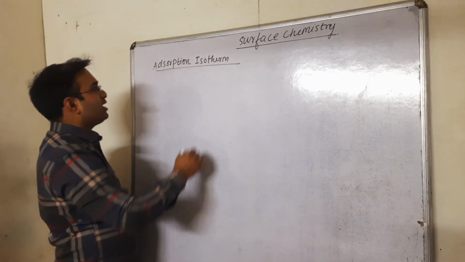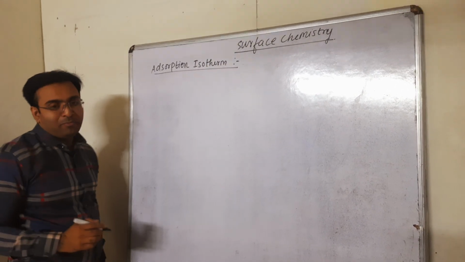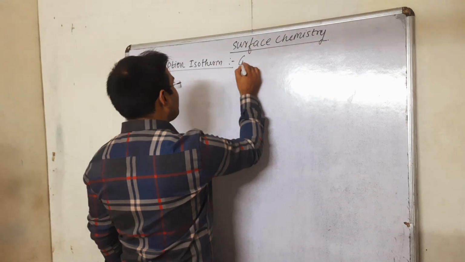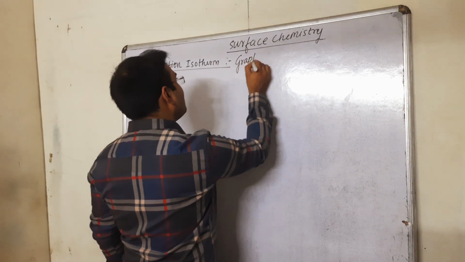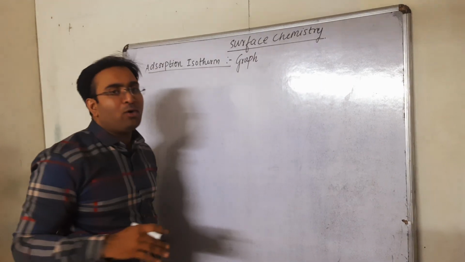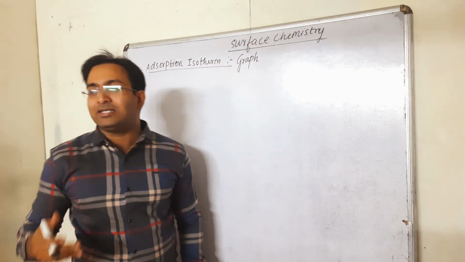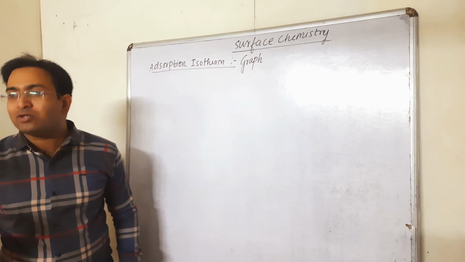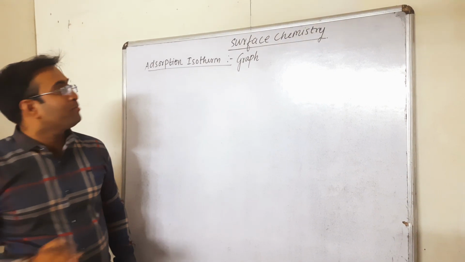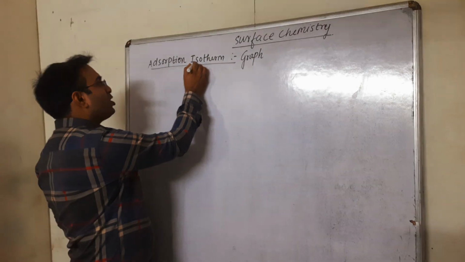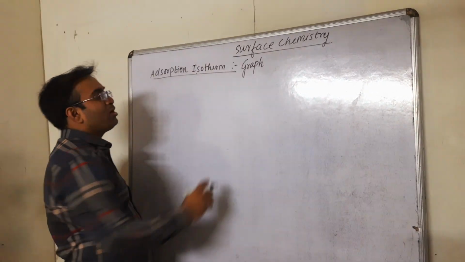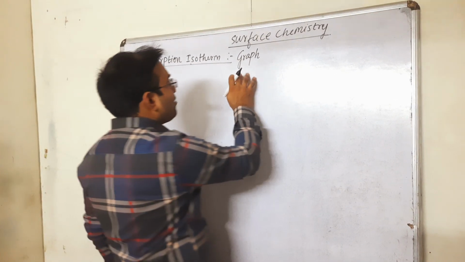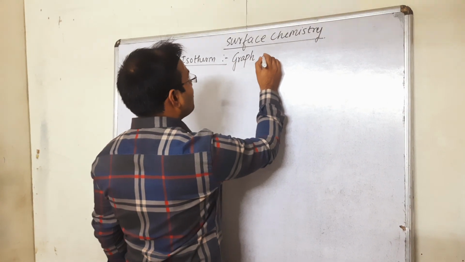Basically, an adsorption isotherm is a graph representing the amount of substance adsorbed with respect to the pressure at a constant temperature. So, iso means what? Constant. And therm means what? Heat, energy or temperature. So, it is the graph which is plotted